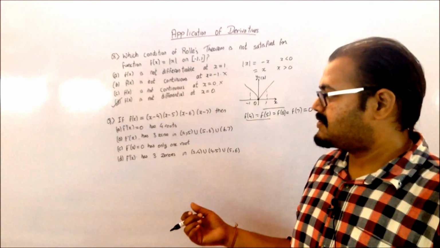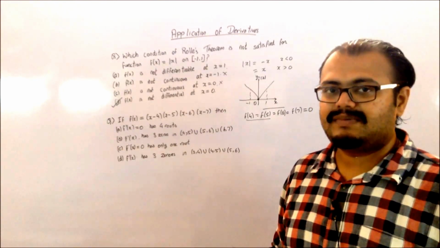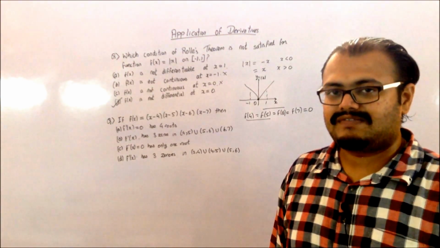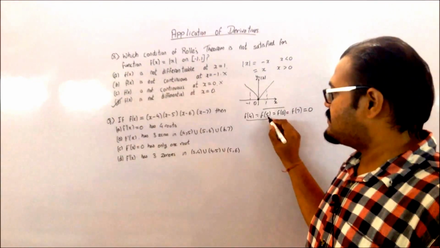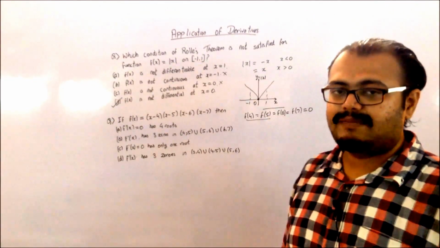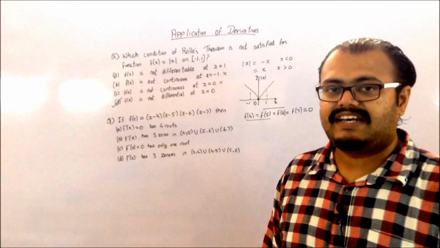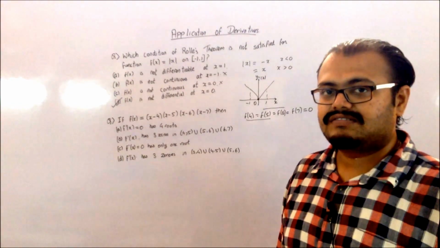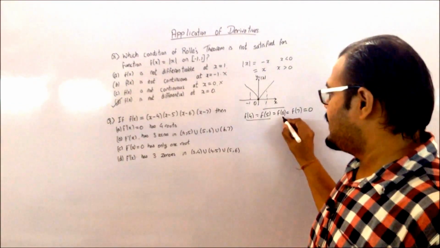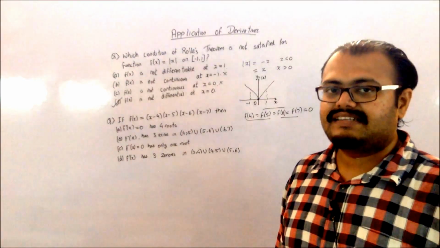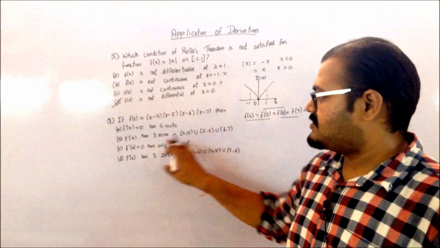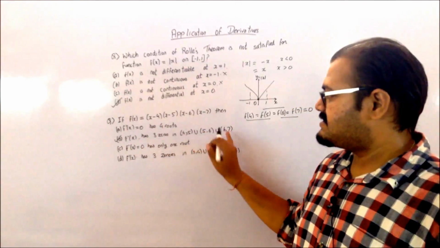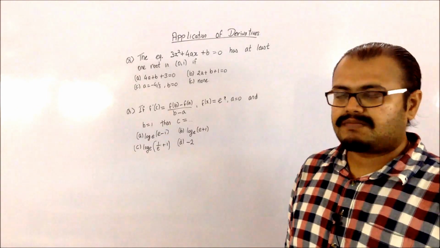Now to understand what a root is, basically f dash of x will be equal to 0. I want a derivative to be equal to 0. So those are basically the roots of this particular equation. So if I am checking for 4 and 5 and 6, I will be getting the root, that is f dash of some value c, which is between 5 and 6, to be equal to 0. So I will be getting another root between 5 and 6, and between 5 and 7 I will be getting the other root. So if you just check out the option, my f dash of x will have 3 zeros between these ranges. Now let's go to the next problem.